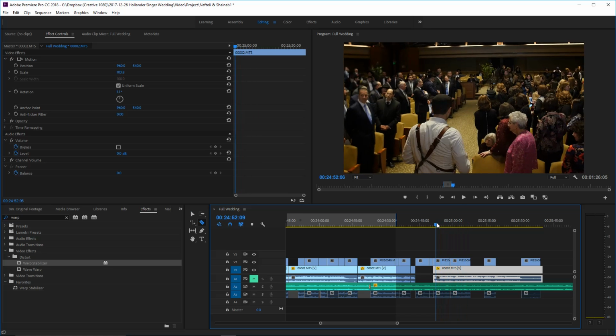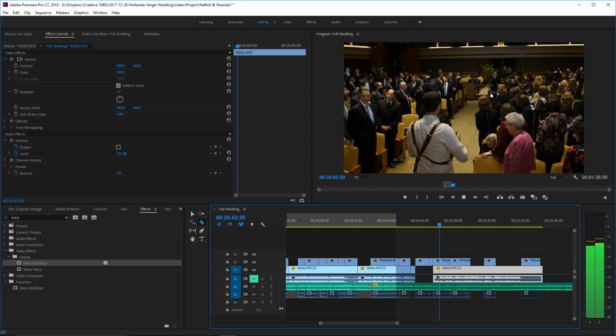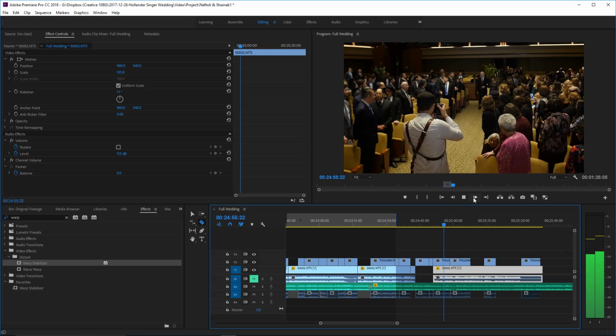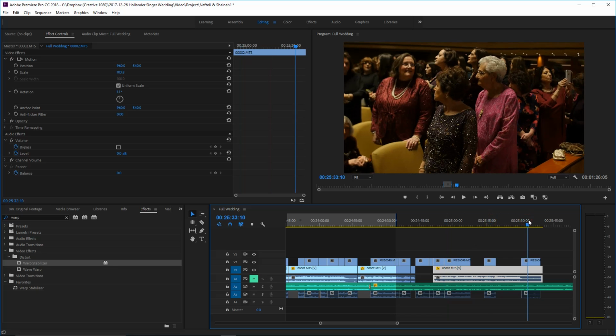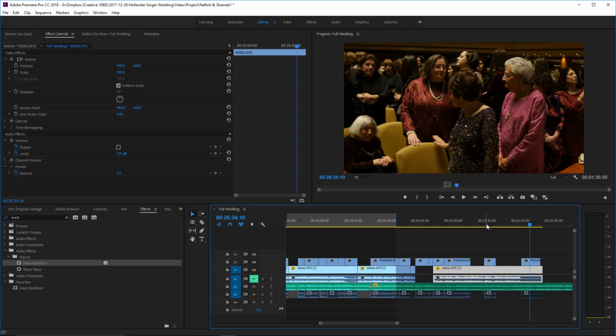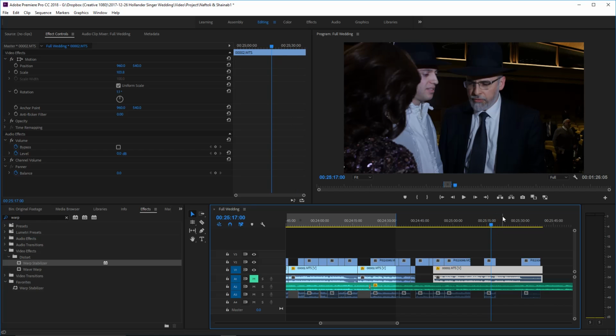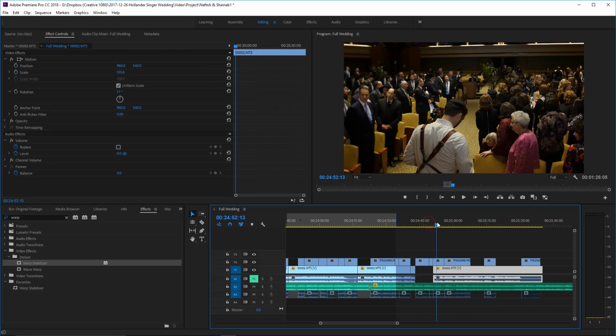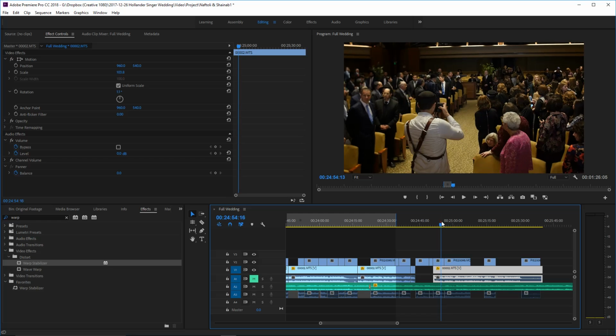This song doesn't have vocals to it, so it doesn't really matter which parts of it we use. So we're going to get the shot of them coming around the bend. And then the natural next thing to happen would be, as they come around the bend, people might look towards them.